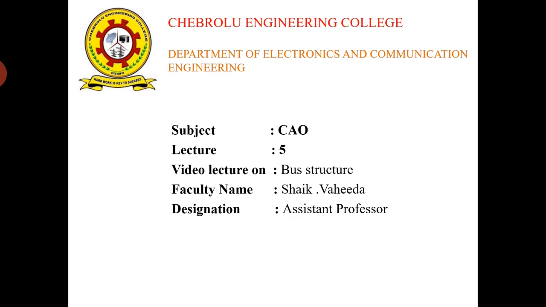Firstly, from the memory address register, the address is sent to the memory. Within the memory we have to search for the address. After identifying the address, we send the data from memory to the MDR, the memory data register. From the data register, the data is sent to the ALU. With this process, two or more operands are sent to the ALU. After that, the ALU will perform the operation according to the instruction stored in the instruction register.